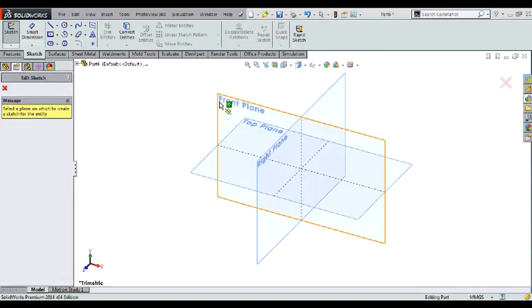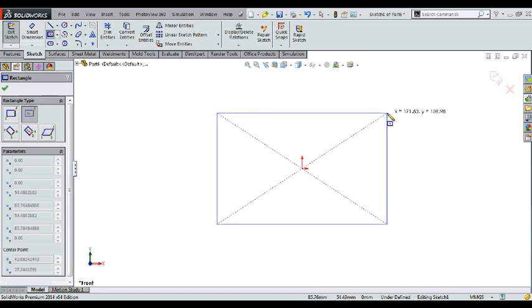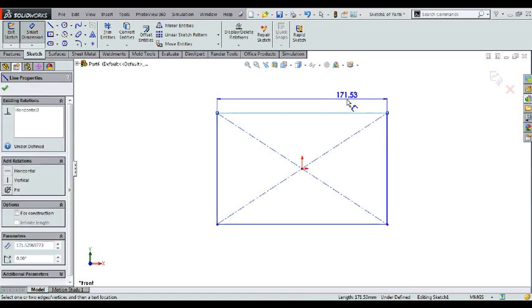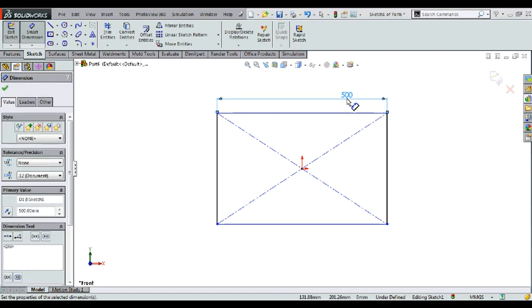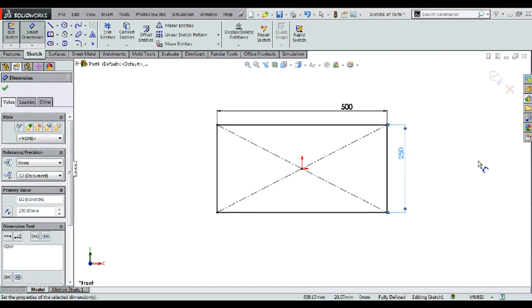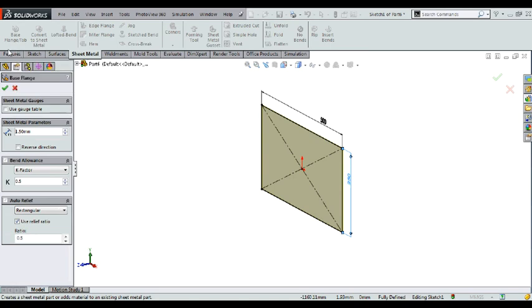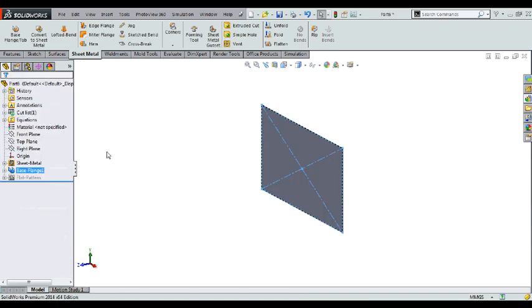So I want to start with creating a part for display. Basically they are made of sheet metal components, so I'm going to show a few sheet metal capabilities of SolidWorks. So I'm just starting with part creation. SolidWorks helps us to create parts very fast, and I can give thickness and even use standard gauge tables,